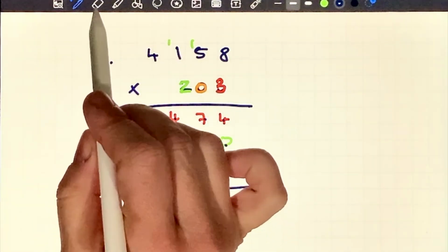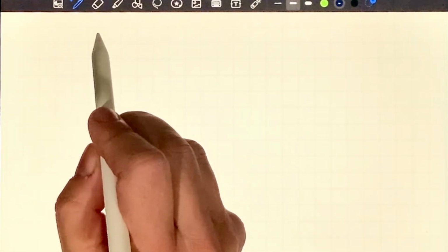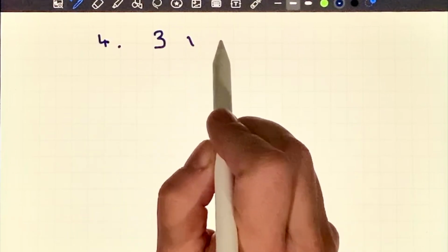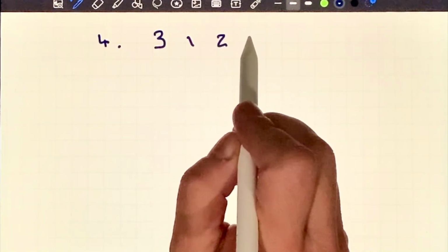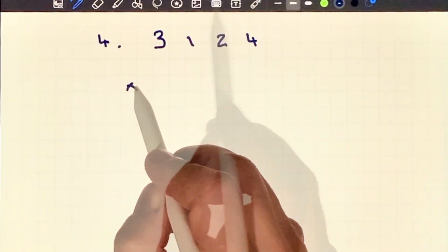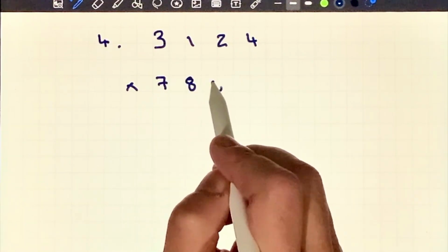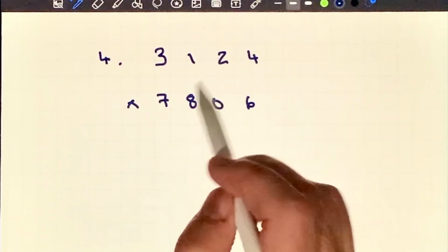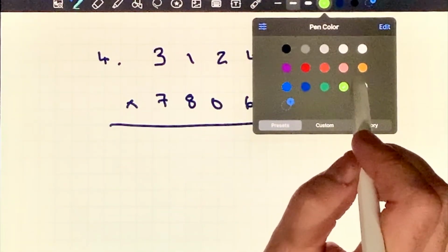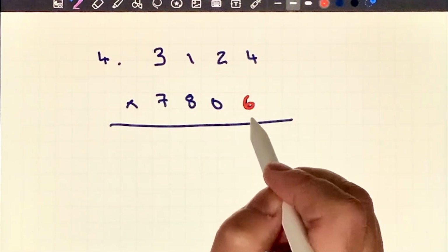Alright, now moving on to example number 4. Now this question is asking us to multiply 3,124 by 7,806. Okay, so we're going to stick with the same strategy, and we're going to start with the 6, which is